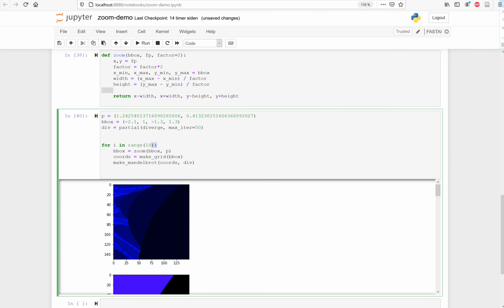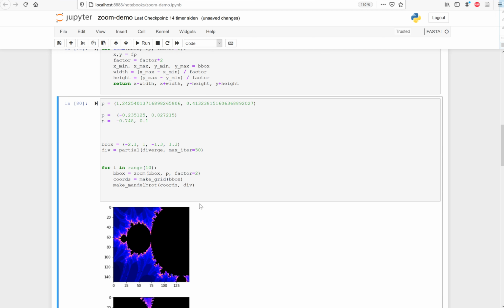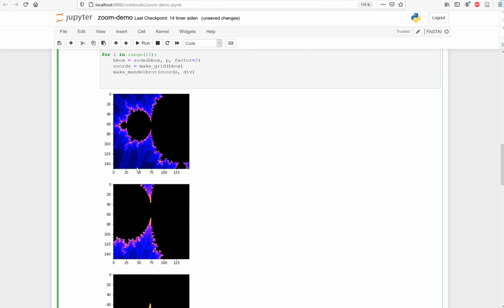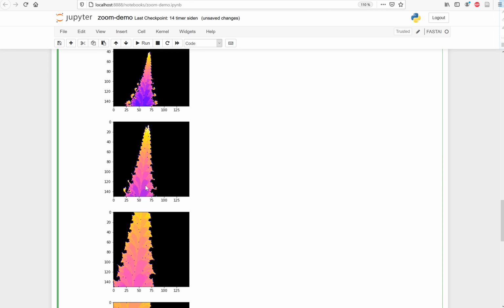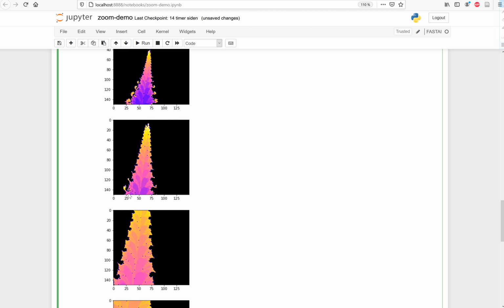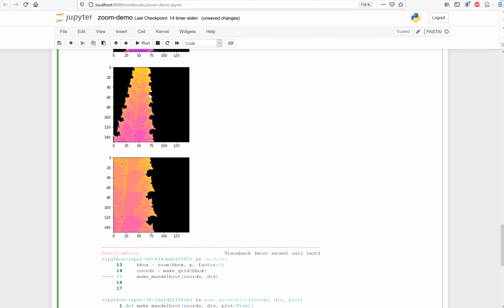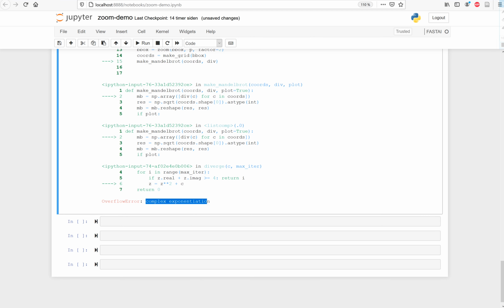Okay, I'm going to look a little bit into this and see if I can find the solution. So after a while of troubleshooting, I found that I could pick some other points and I didn't have that same problem. So just to show another point here, you can zoom in and you don't get those kind of ugly figures. But now we run into another problem of an overflow from complex exponentiation, which I also found out was